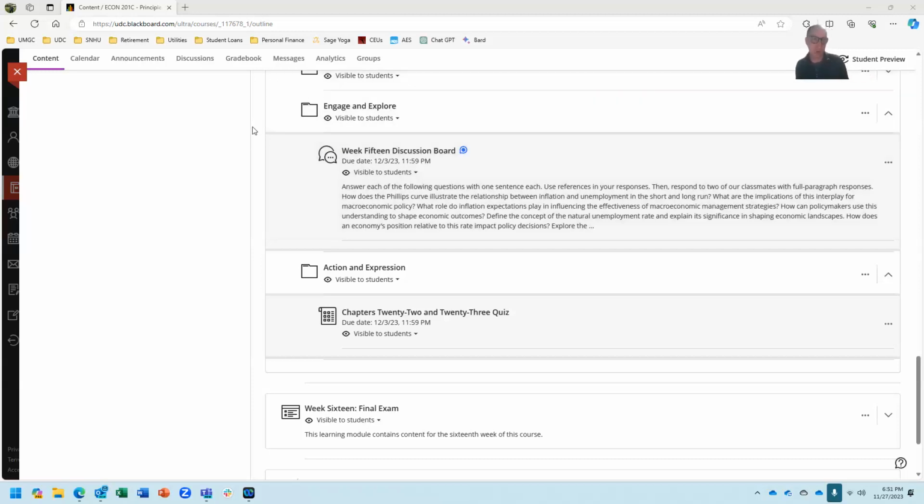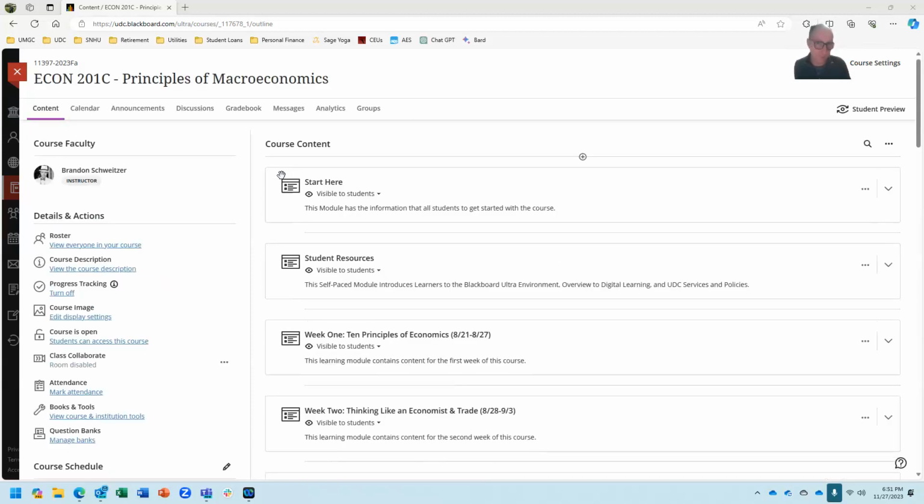This is a university-wide policy. You must have all of your work done by Sunday night, period. No exceptions to that rule. That is a policy that we must follow. So, having said that, that includes the work for this week and anything past due. It must be completed by Sunday night, period. I cannot accept anything past Sunday night, except for the final exam, which is what we're going to talk about